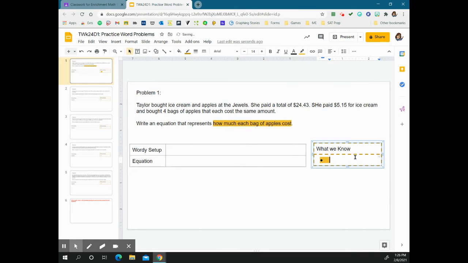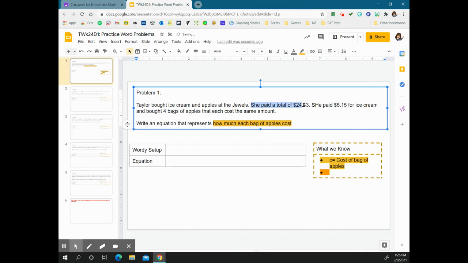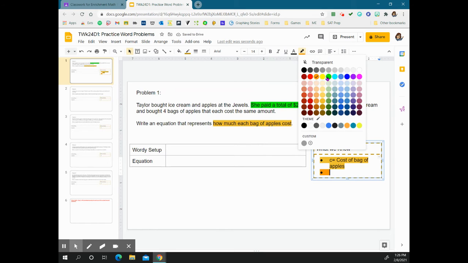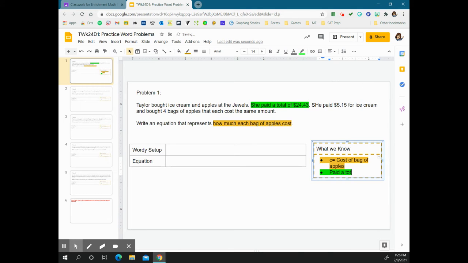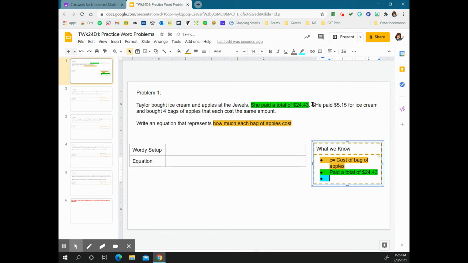So that's going to be our variable, right? And since we're talking about cost, we'll make that C. So C equals cost of bag of apples. Now, the next thing that we know for sure, 100%, is that she paid a total. So we know that she paid a total of $24.43. So I'm going to write that in here. All right, the next thing that we know from this word problem is that she paid